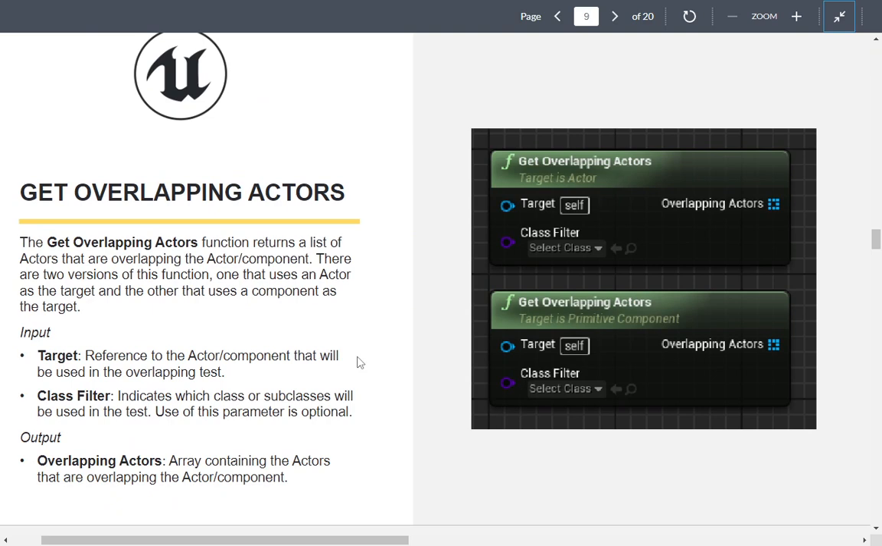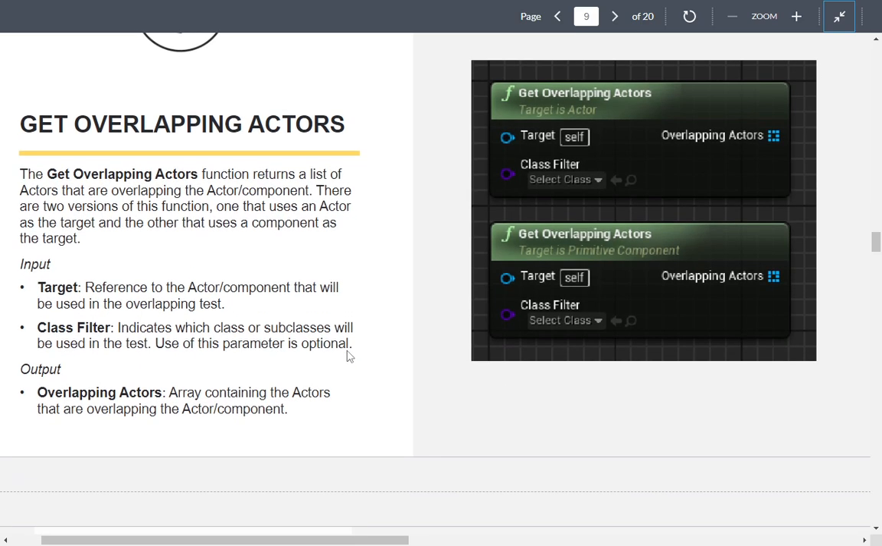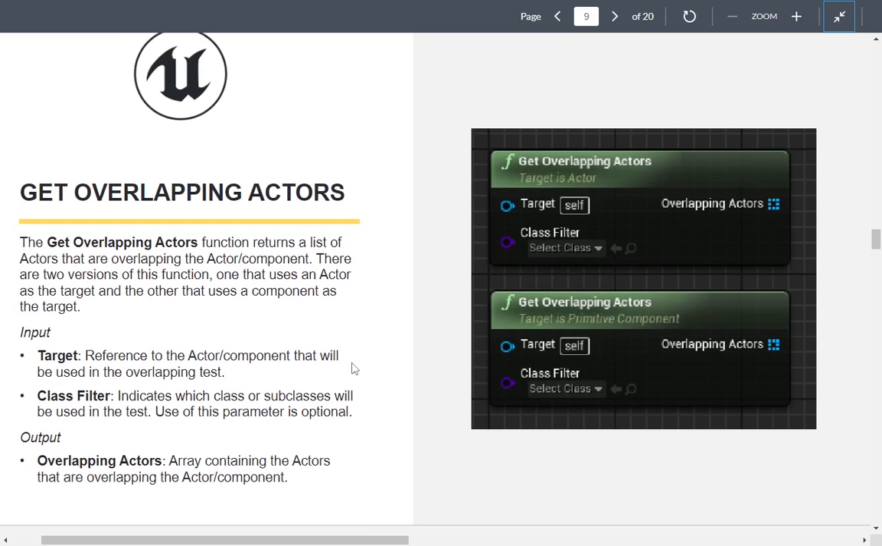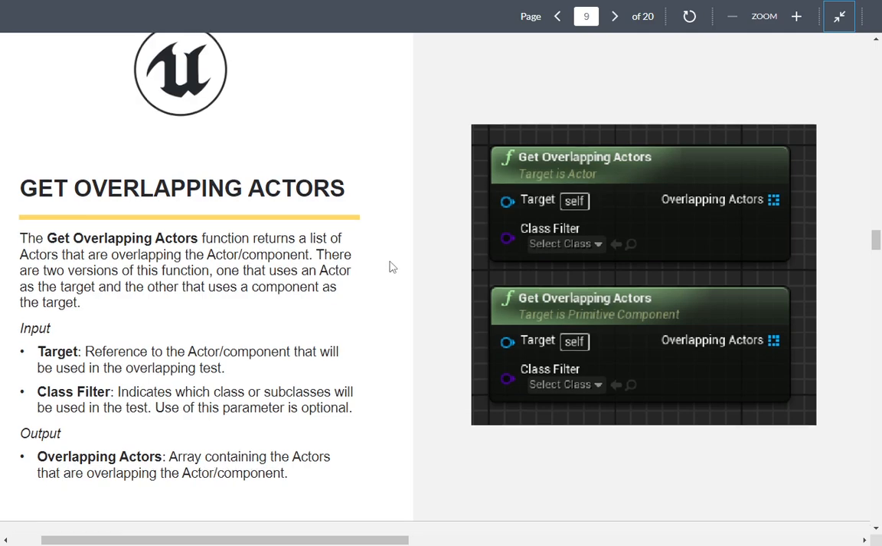Get overlapping actors, because the list of actors are overlapping the current actor. So this is more so, rather than using the something has entered the trigger, begin overlap component, and overlap. As opposed to that, we are using